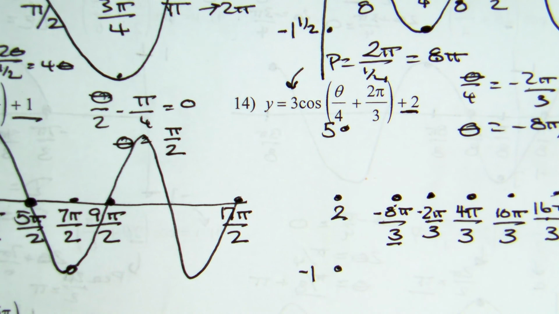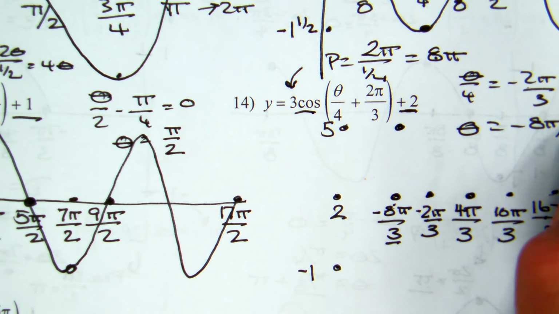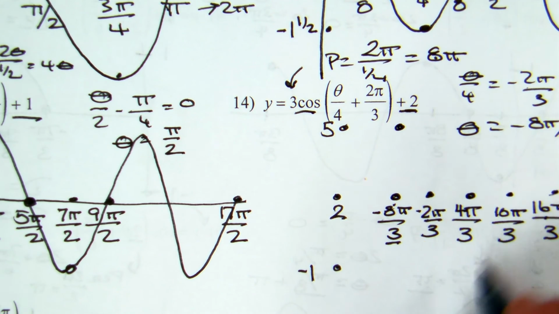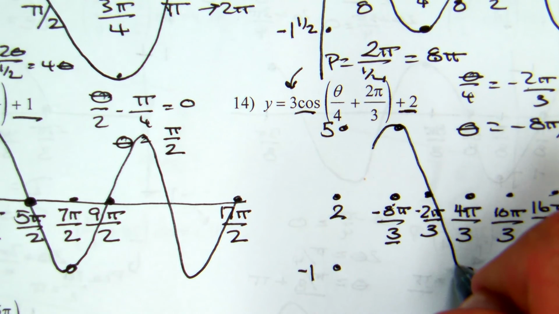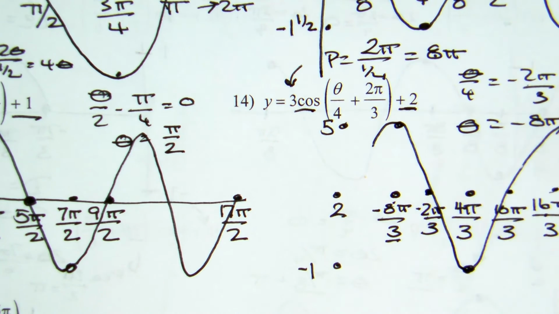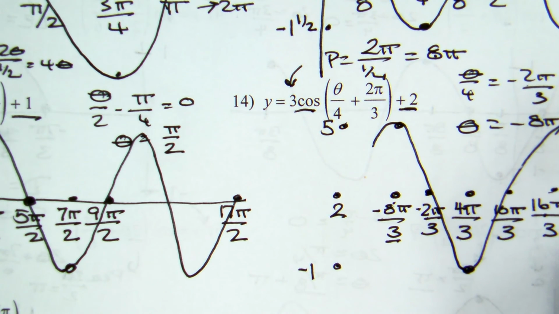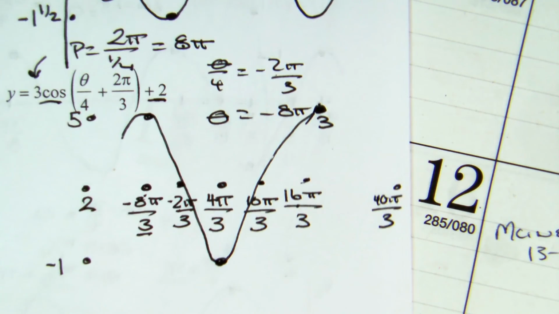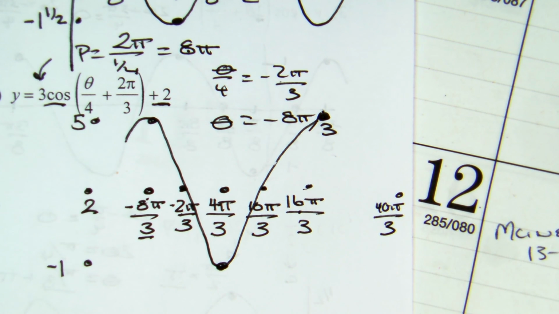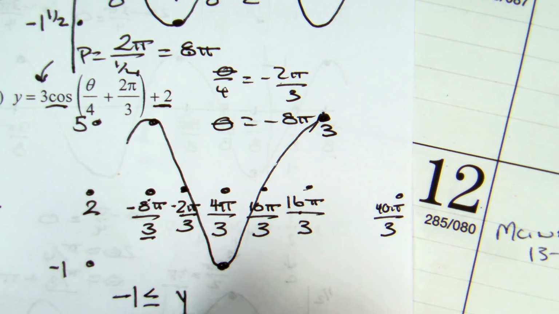All right. It's a cosine, so I'm starting at the max, ending at the max. Sorry, it's going to overlap. Midway is the min, then I got zeros. I would repeat that out there. If I add the period, which is 8 pi, to that, I get 40 pi over 3. At the end of the day, there's my graph. Again, domain is all real numbers. Range goes from negative 1